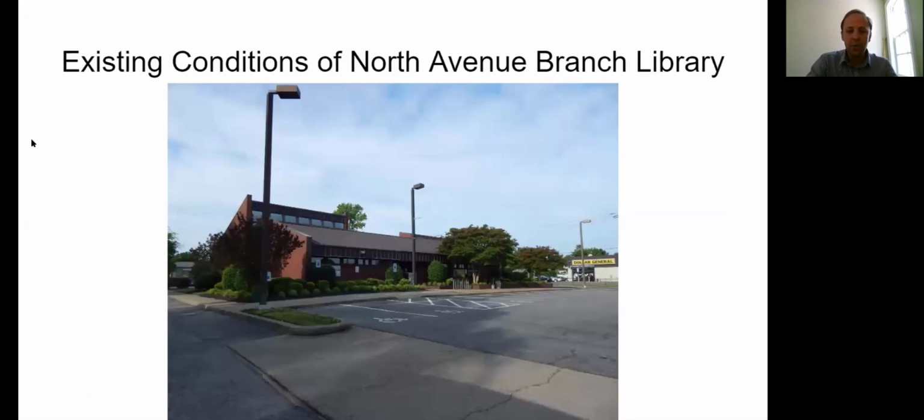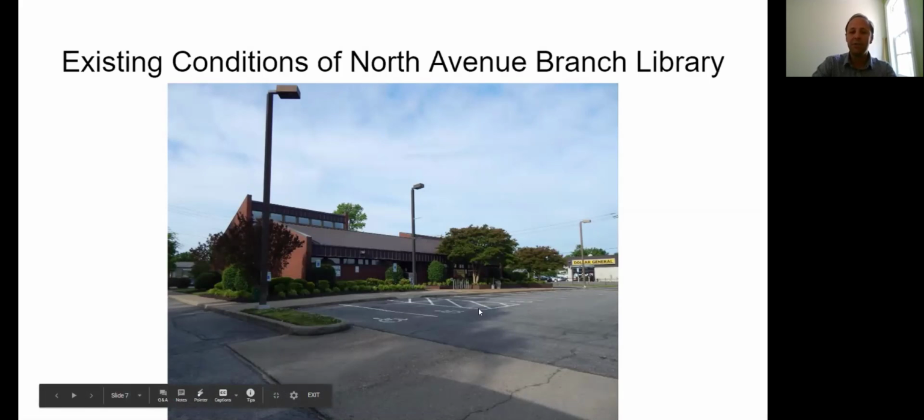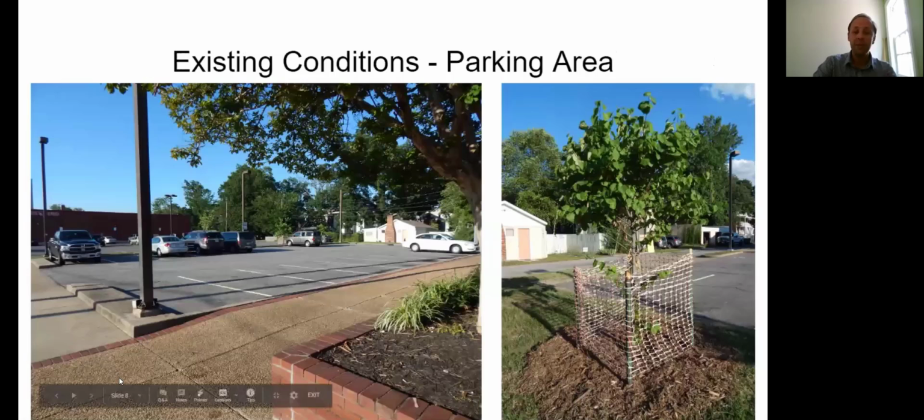All right, so here we are at the main entrance to the library. This is where visitors enter the library and exit the library. This is also the primary location where a visitor who uses a vehicle to get to the library would park their vehicle. You'll notice that the parking area is large, and you may notice that there aren't a lot of